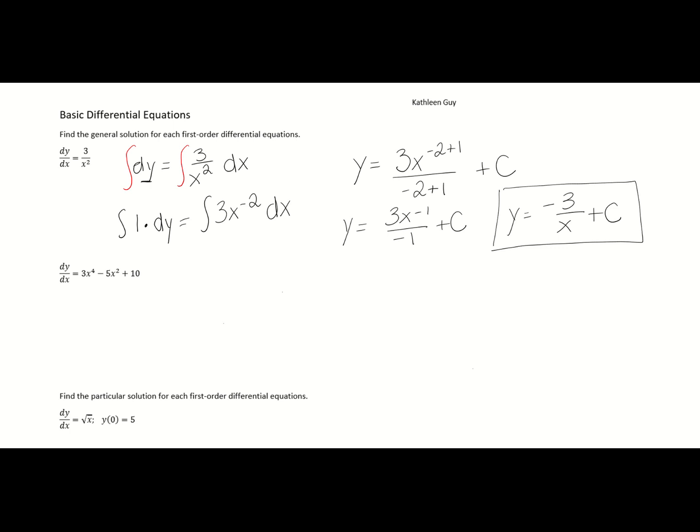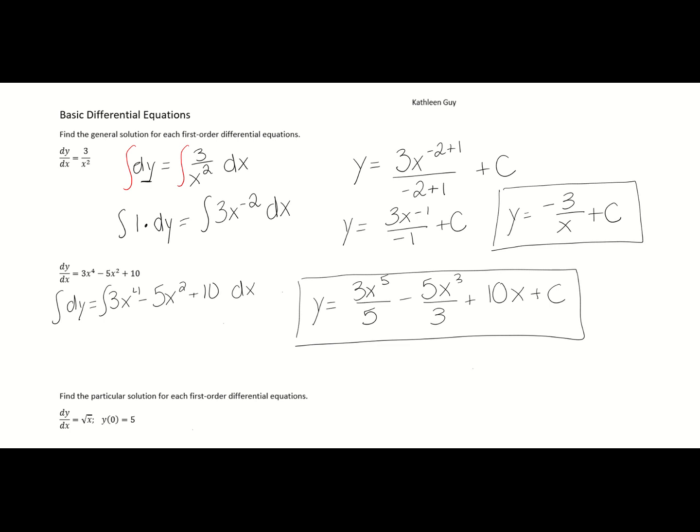Let's do one more like that. So again, I'm going to bring the dx over. I have 3x to the fourth minus 5x squared plus 10 dx. I will take the integral of both sides. On the left, again, it's 1 dy, so I will just have y. And on the right, I will use the power rule. So I will add 1 to the power, divide by the new power, minus, add 1 to the power, divide by the new power, plus, and the antiderivative of a constant is the constant times x, plus c. Then I look to see if I can clean anything up, but I can't because 3/5 doesn't reduce and 5/3 doesn't reduce. So this is actually my final answer,